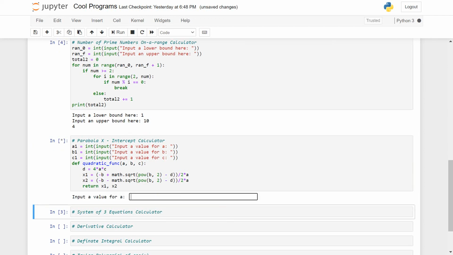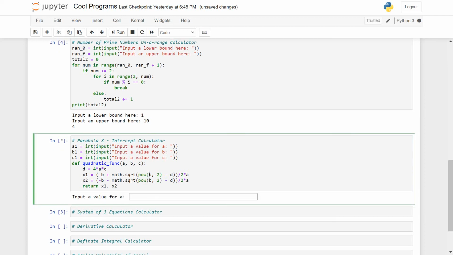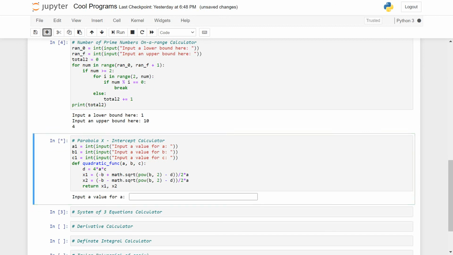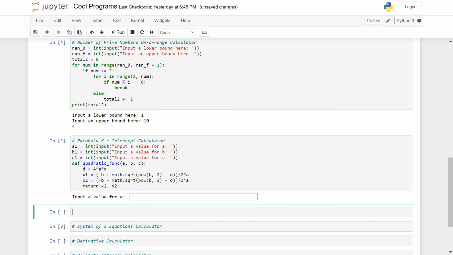So input a value of a here. And let's just work from this cell then. Or I'd like to add another cell here. Okay. So basically we just want to print, we just want to set our solution equals, or let's see, so print,